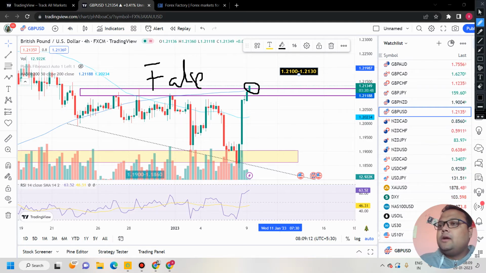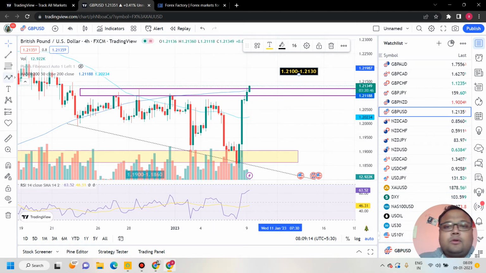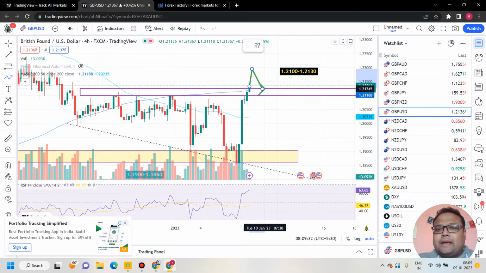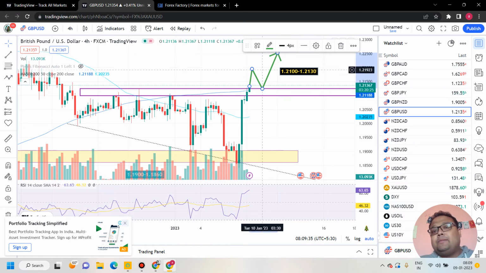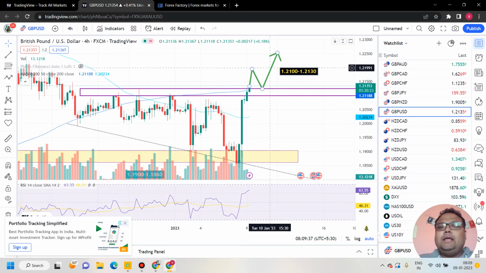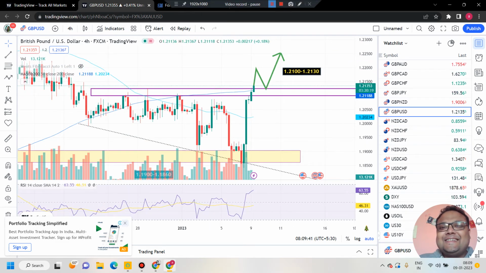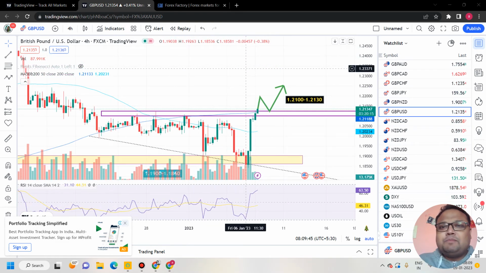Otherwise, if you're looking for a completely safe entry right now, I'll suggest you wait for retracement, because no market in the world goes up or down in a straight line. The market will come down for retracement. When it comes down for retracement, takes support around 1.2130, 1.2140, and bounces back again, you can go for a buy position. This is the only cure for false breakout. So now it depends on you which path you choose.